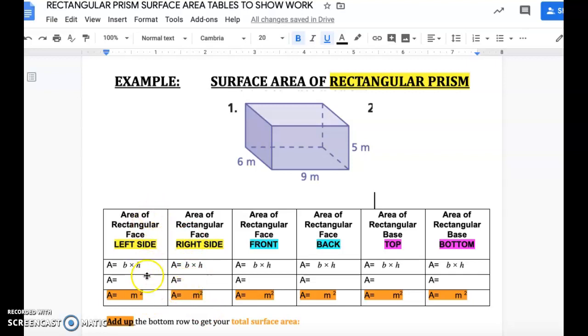So whatever work we do for our left side, we are going to copy directly into the right side box. So let's look at the left side. The base is given to us, 6 meters. However, the height isn't clearly labeled. But what we know about rectangles is the opposite side length that's labeled matches that side. So 5 meters is on this side of the rectangle, so that's going to match the side that is not labeled here. So our left side is 6